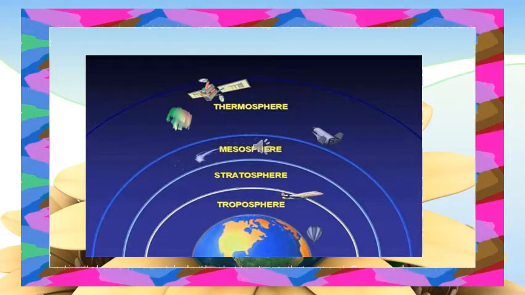Students, I told you that by the end of this topic, you will be able to identify the words ending with sphere. You will be able to describe them in your own words. Now, I have one task for you to do. You have to tell me which layer of atmosphere contains the ozone layer.